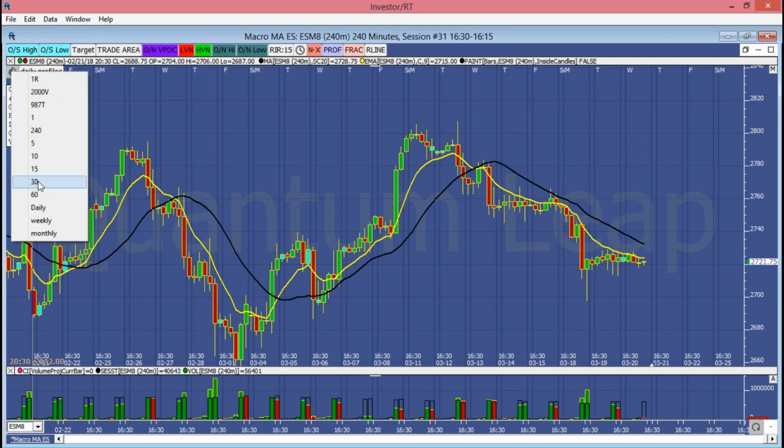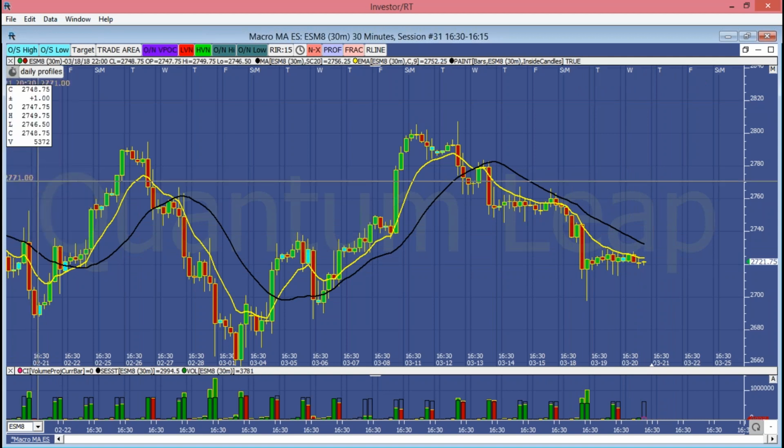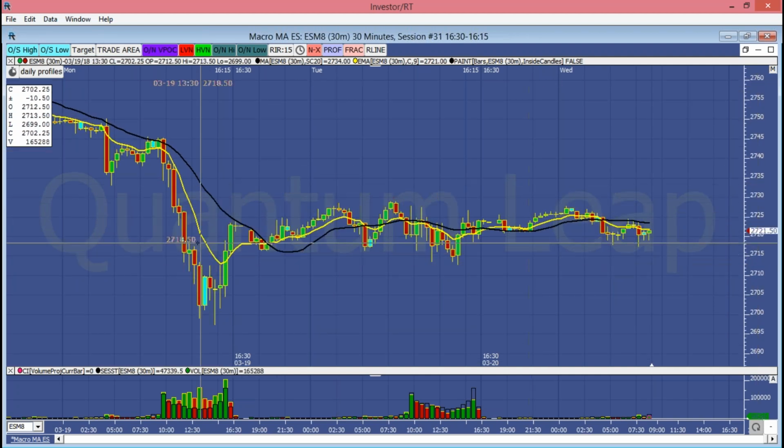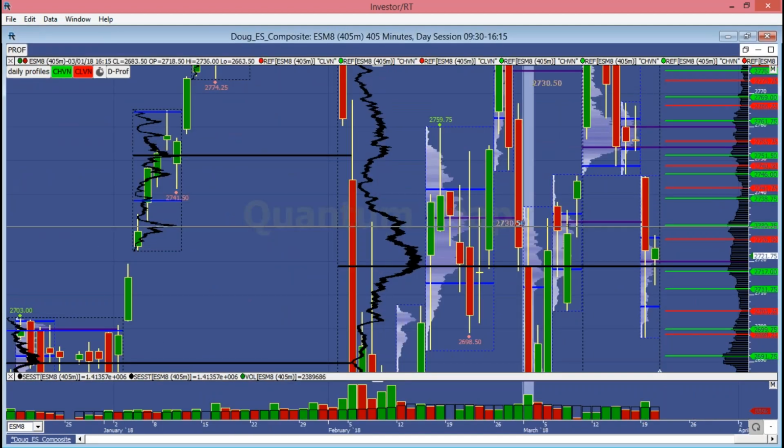And then just going to the 30-minute, again emphasizes how flat we are in the last two sessions as we come into this Fed announcement. So taking a look at the big picture structure,